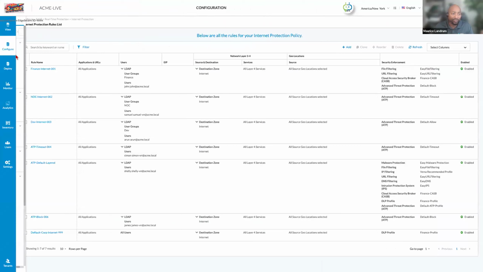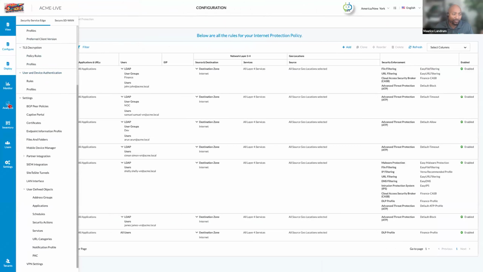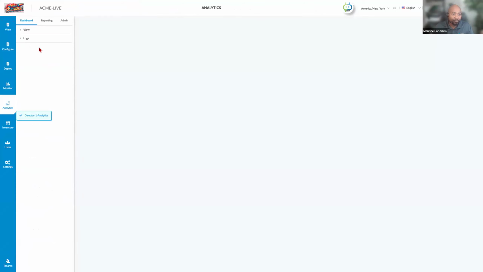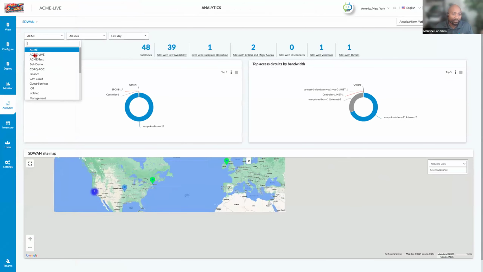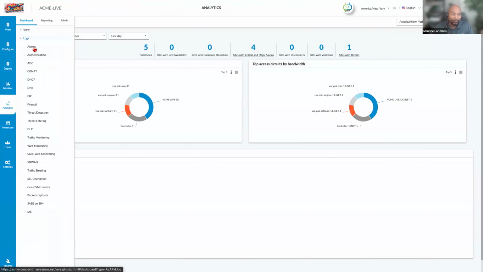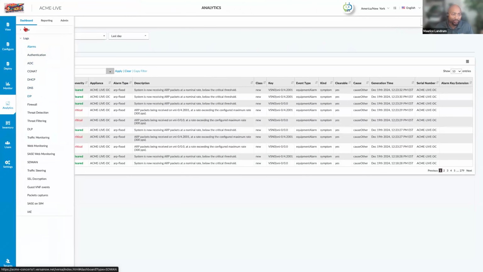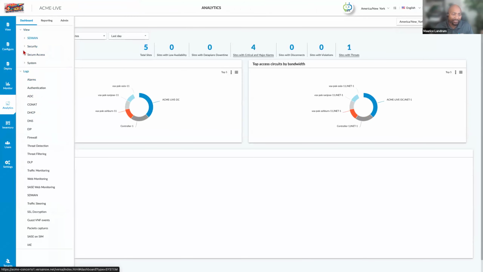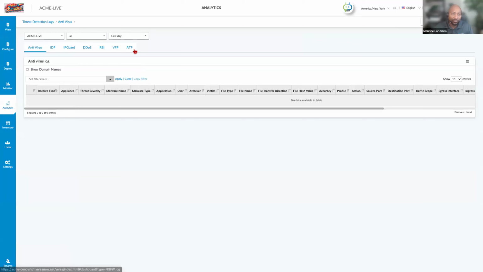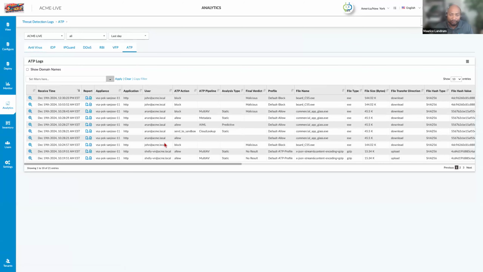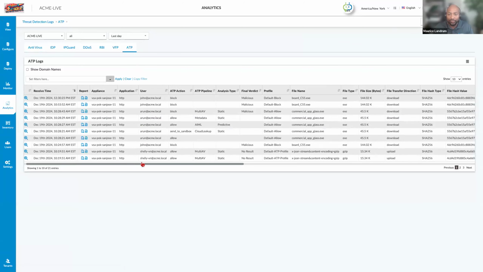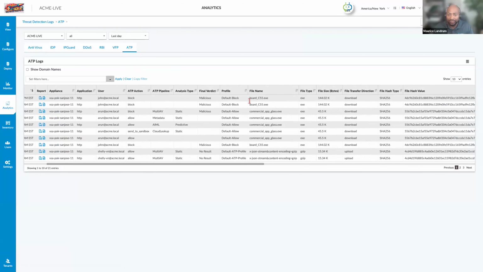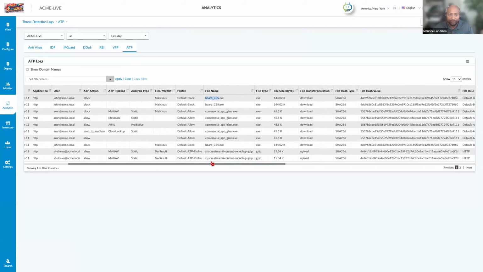So let's go and check the logs here under analytics. And then within our analytics, we'll select the right org. And then we'll go take a look at the logs directly first. Then we'll look at the overview. So within our logs here, we see immediately that that is the file name. As you can see, I did download that file previously, right? And so this is likely a cached hit.